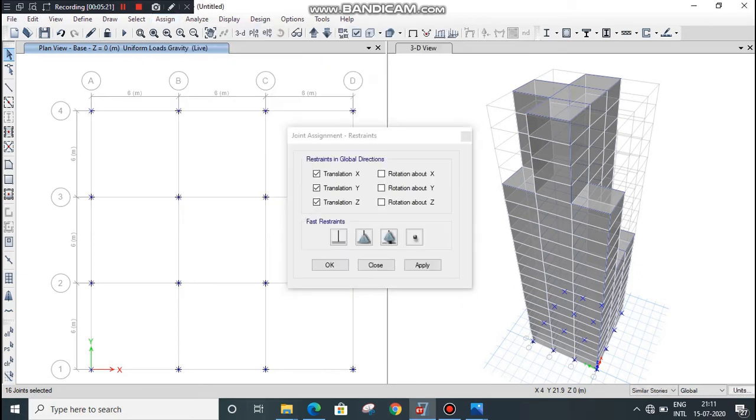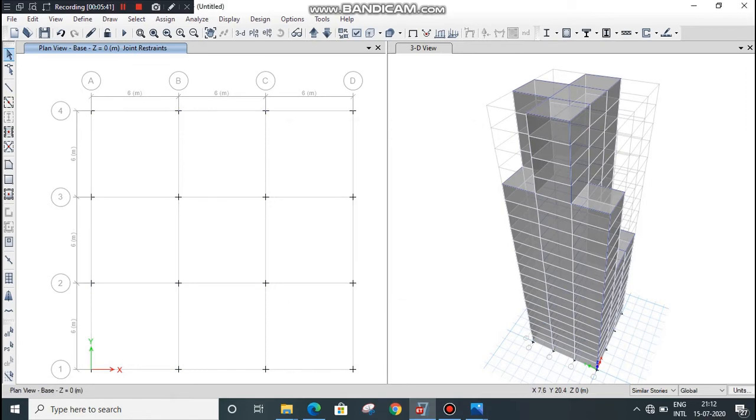Go to restraint. You can provide restraint as fixed, pin, roller or free. Select fixed joint, click on apply, click on OK. Fixed support has been provided.